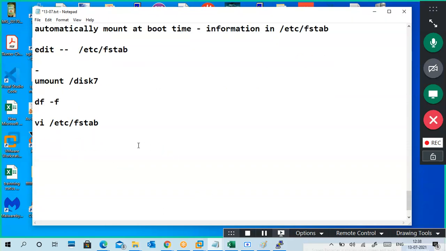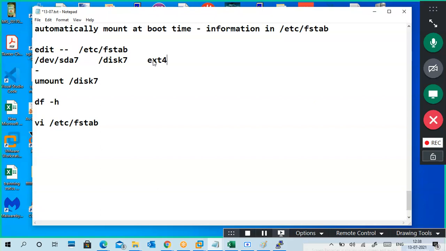Here we have to enter the information: /dev/sda7 should be mounted to /disk7. What file system?